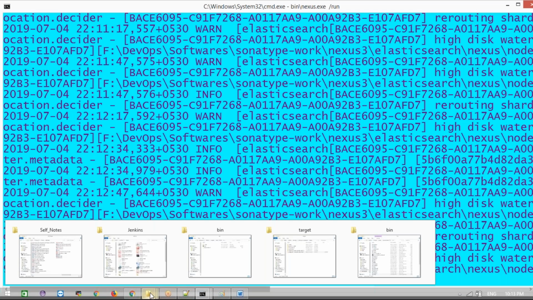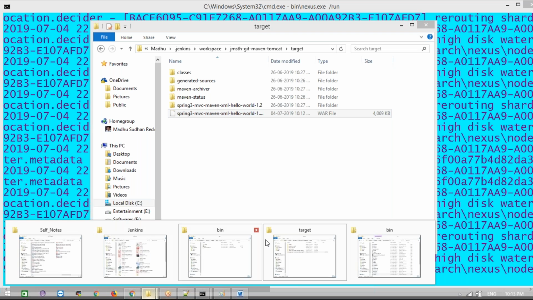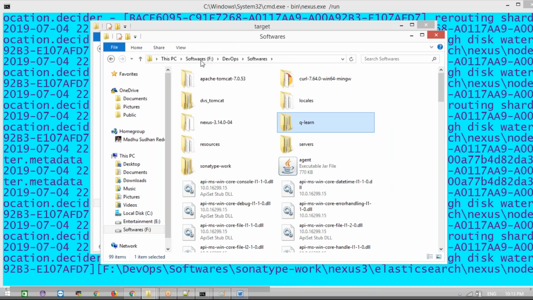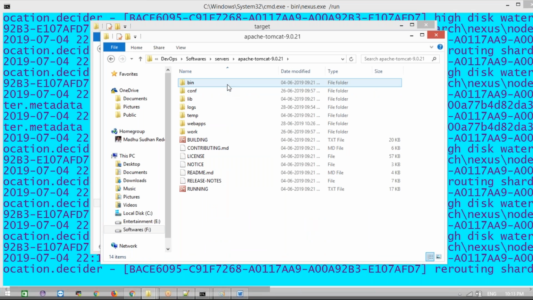What I will do, I need to go with the proper one. I don't know what exactly I configured. I have a lot of servers, so I'm confused about which server I need to go with. Okay, servers here. Which one do I need to go with?